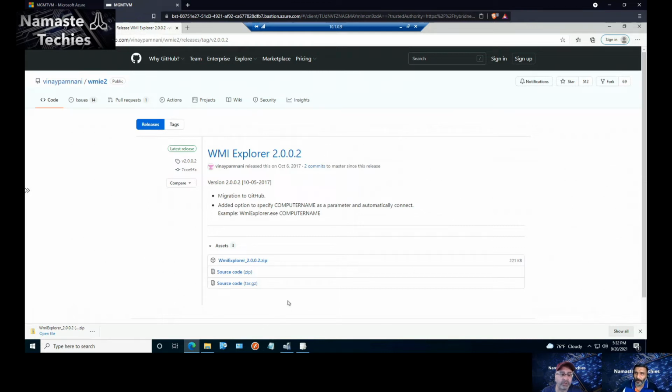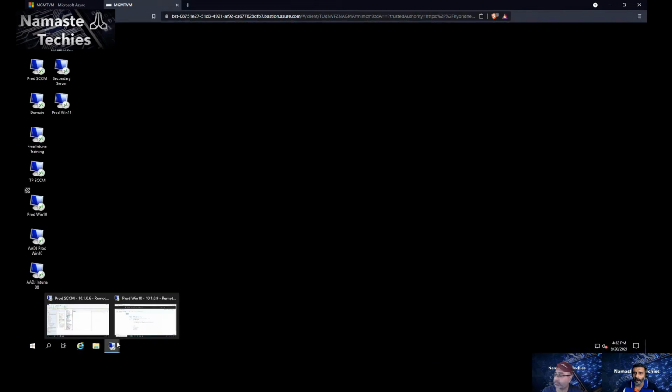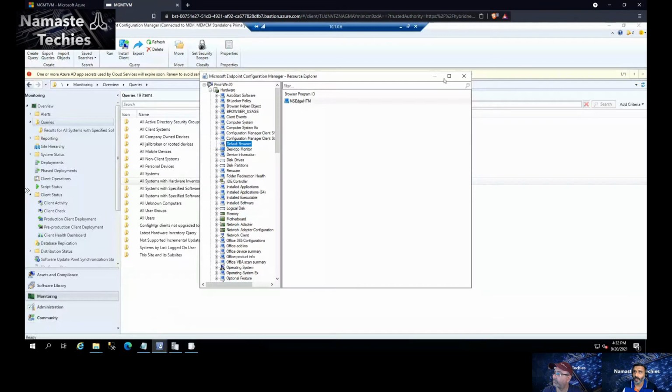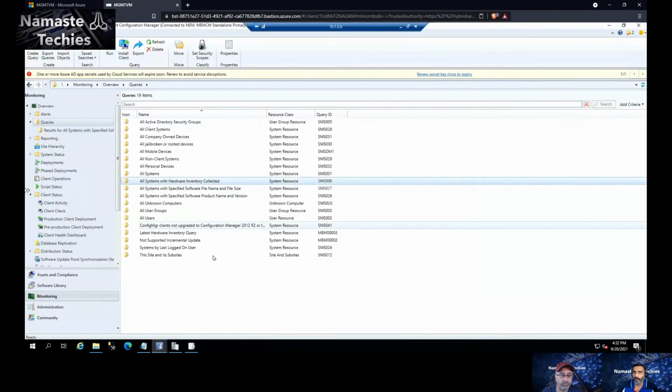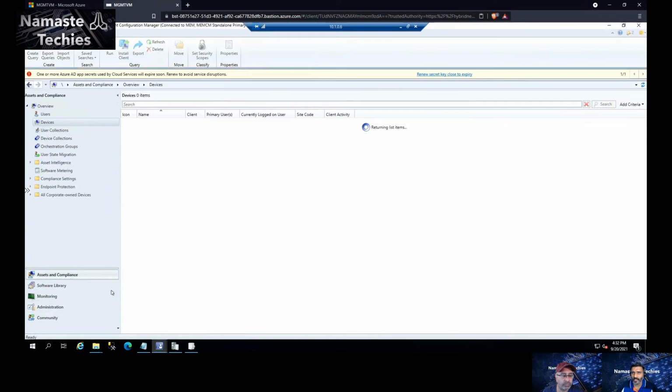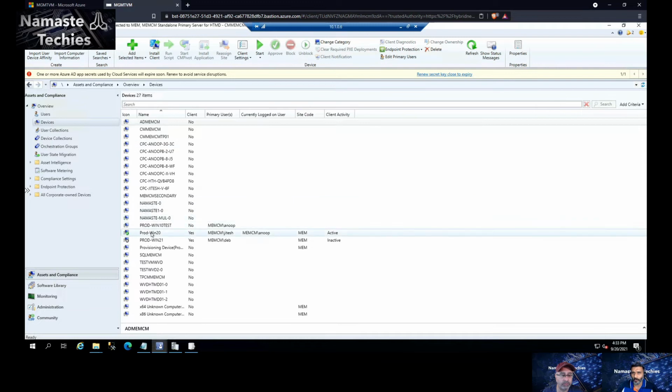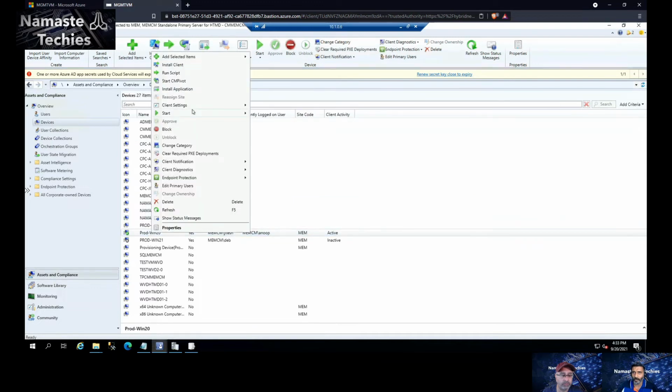Why don't you show from the Config Manager console and client settings where all that stuff is enabled? Let me try to connect to the console, and you can see over here, if I go back to Assets and Compliance, and go to one of my machines and open up Resource Explorer, right? Over here, I have opened up the Resource Explorer,